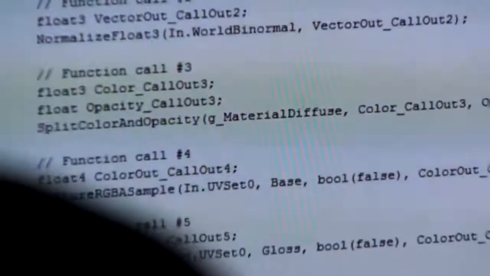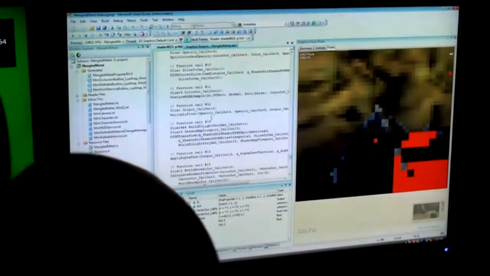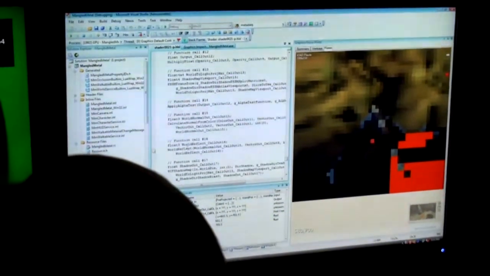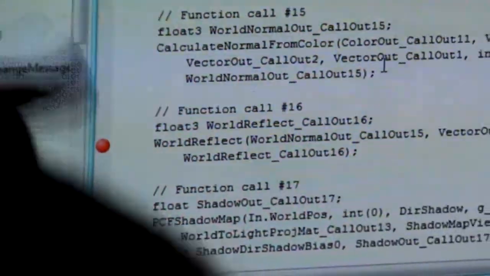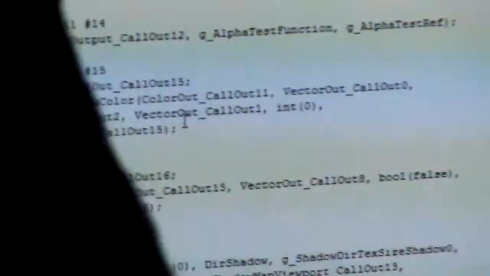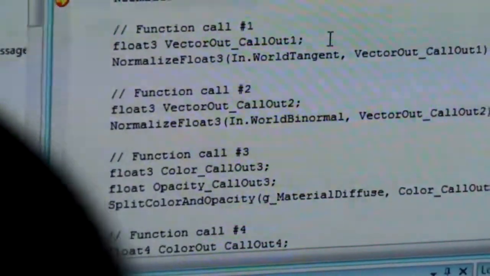The next thing you can do is step through the code, and press F10. That will basically allow you to step into each function. Now this is a fairly complicated shader, and I know something is wrong in a reflection application. So here I'm going to set another breakpoint, and then press F5, which means execute from where I am right now all the way to this location here. So I press F5,